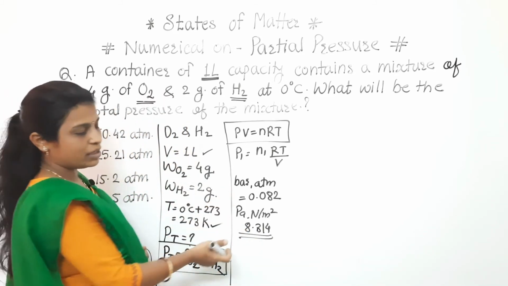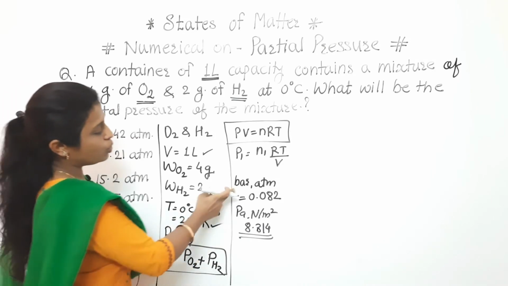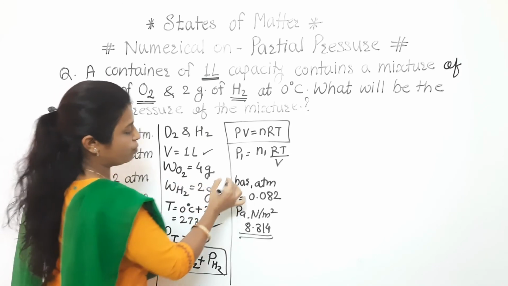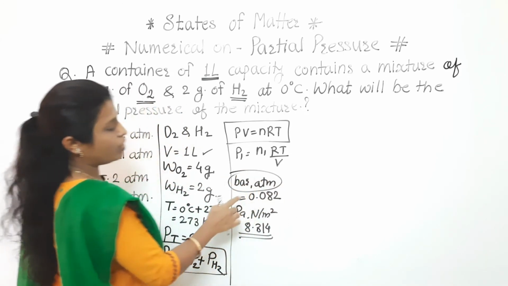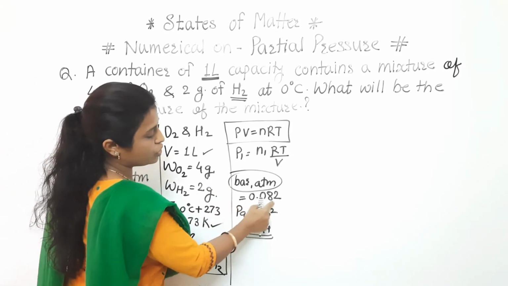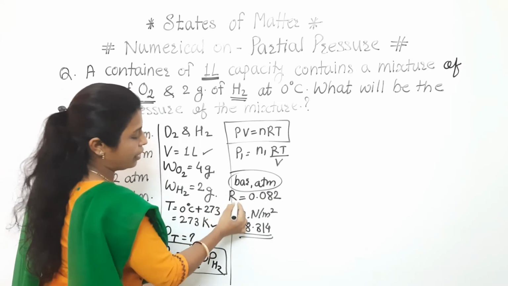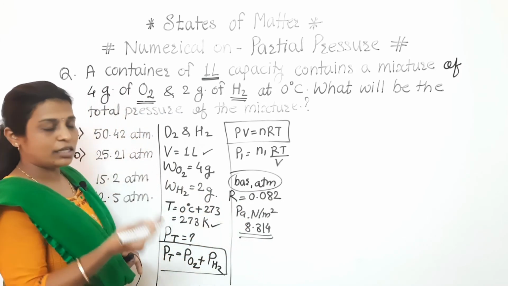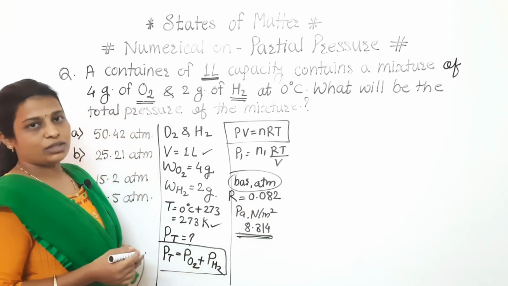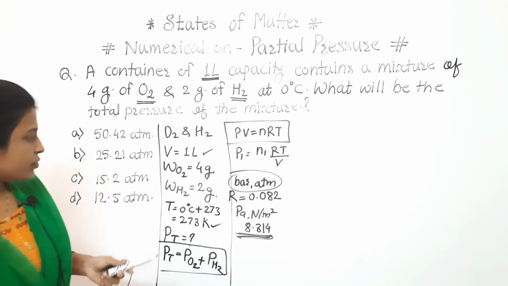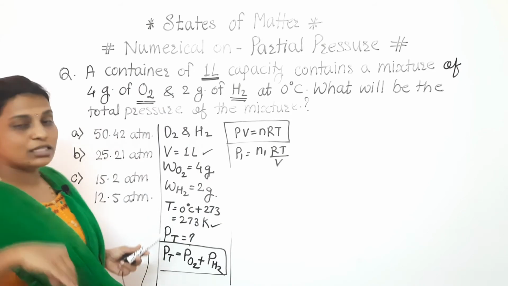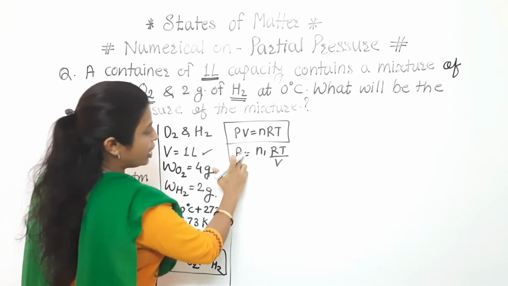You will say that ma'am, we can understand, but some students will be in confusion about which R value to use when. So for simplification, keep in mind that when pressure is given in the numerical in bar or atmospheric pressure, then we have to use the 0.082 value of R. And if pressure is given in Pascal, kilopascal, Newton per meter square, at that time we have to use 8.314. So here we have completed this part. What is the R value for this numerical? That is 0.082.